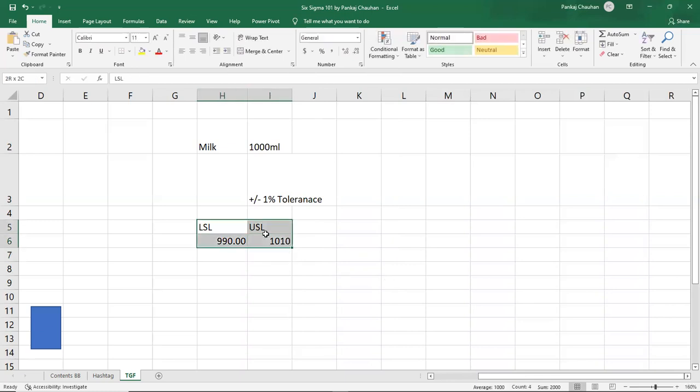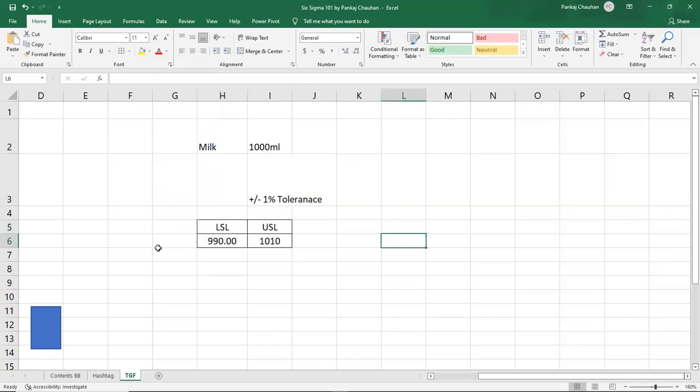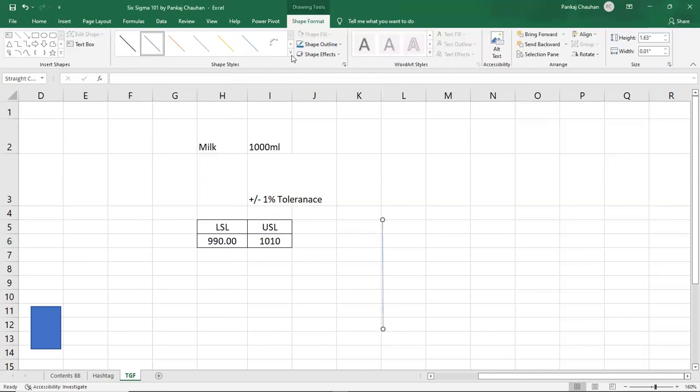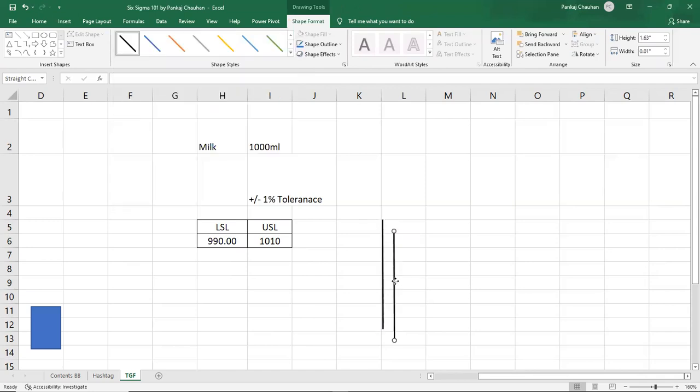These are the two values. So when you are designing the specification, it will come like, okay, here are my lines. Assuming this is your 990 ml, represented in, let's say, black color, and this is your 1010 ml, represented in the black color. What is the expectation? The expectation is that the value should be exactly at 1000 ml. I'm writing in the green color.